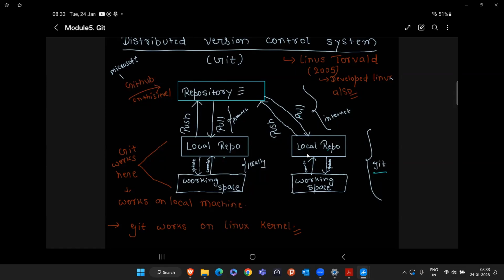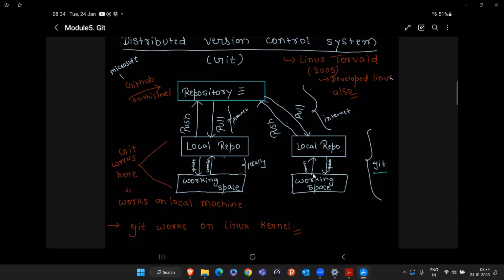So now next day, when this USA employee will require the code, what he will do? He will ask from the repository. So what he will do? He will do the git pull command. When he does the git pull command, whatever code was pushed yesterday by the Mumbai employee or Indian employee, that code is going to be stored in the local repository of the US employee. Okay. And once this exact copy of the code is copied in the local repository available on the USA employee's laptop,